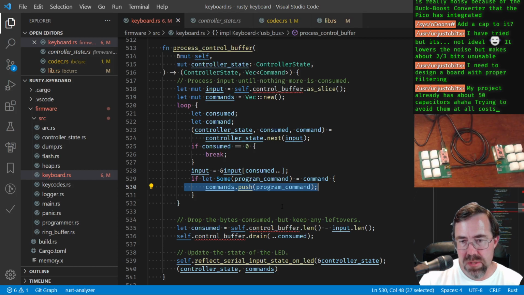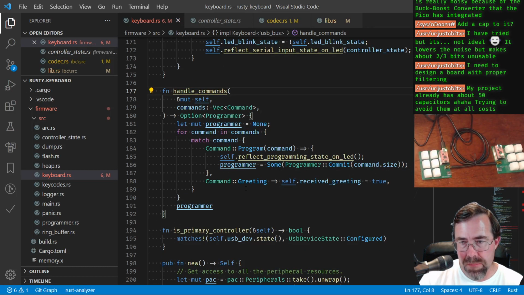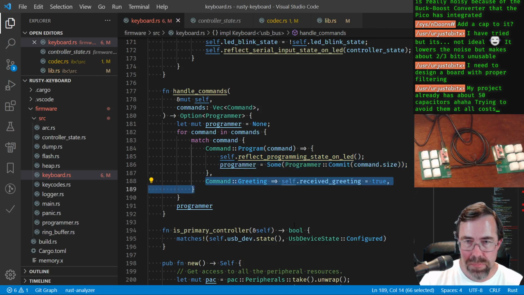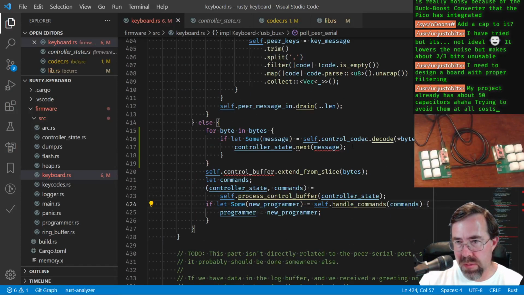Only because it needed to be returned all the way out, right? And given to this handle commands, which would update the LED, update the programmer, update receive greeting and all that. Okay, so I think what I want to do is